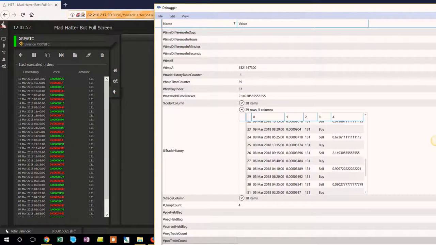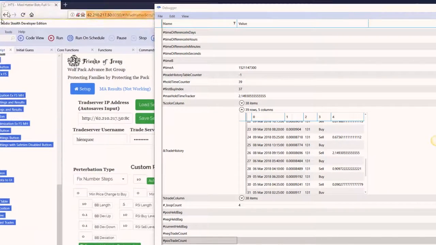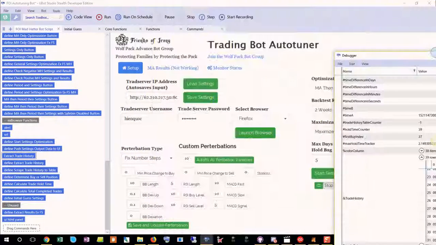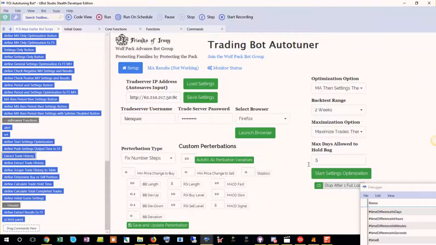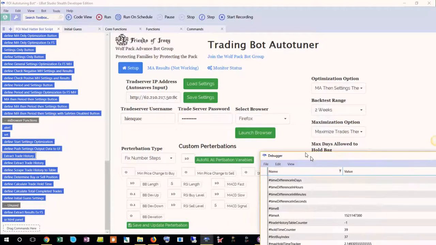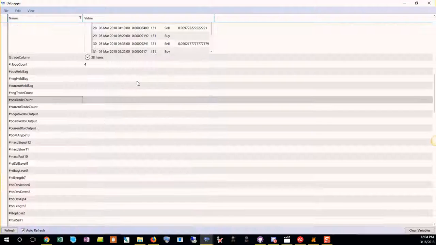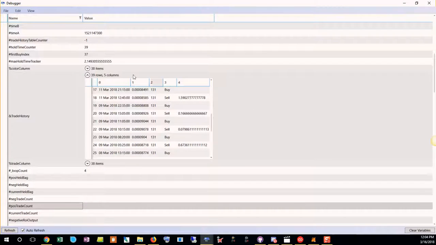Now you had set a max criteria in your tuner to 3 days or less, so it'll all fall between that. So this will say, hey, 5 days maximum allowed to hold the bag. Well, the max was 2. That's good. We'll go ahead and push on and find the back test that has the most quantity of trades,